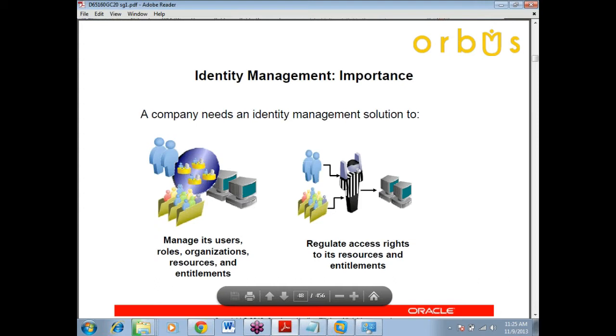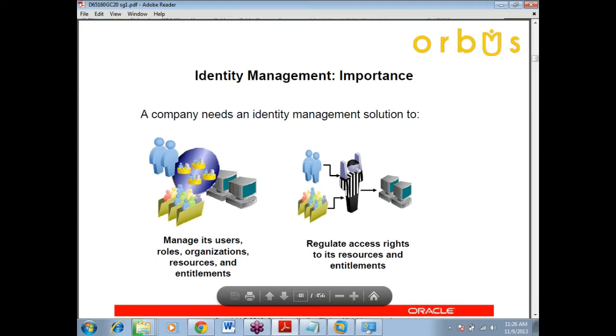So identity management is a solution to manage users and various departments of an organization, various resources of an organization, and various entitlements of an organization. It's a collection of processes and a set of rules and policies to manage users, roles, organization, resources and entitlements. Not only does it manage, but it also regulates the access rights to the resources and entitlements,